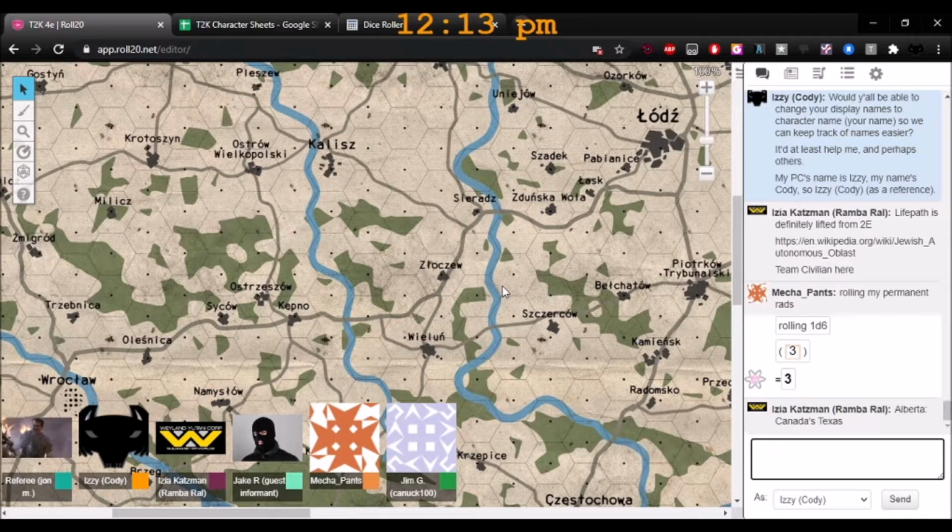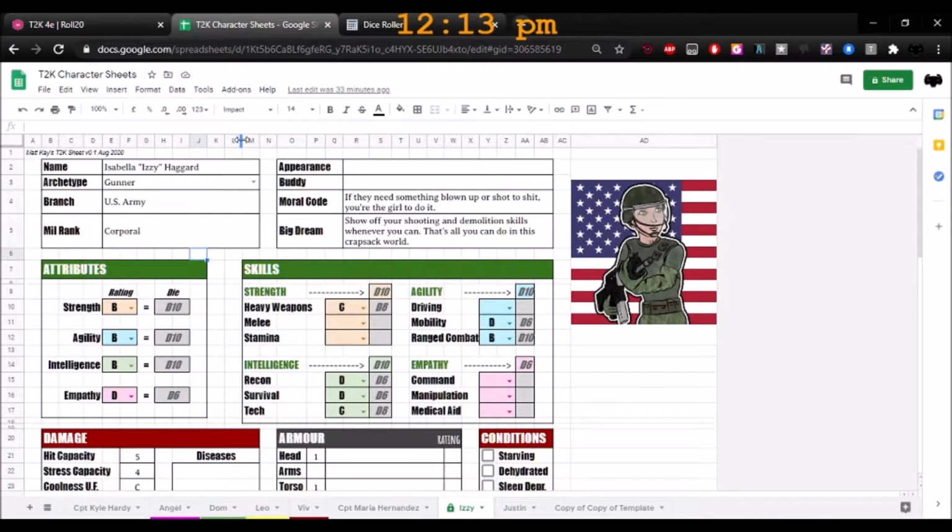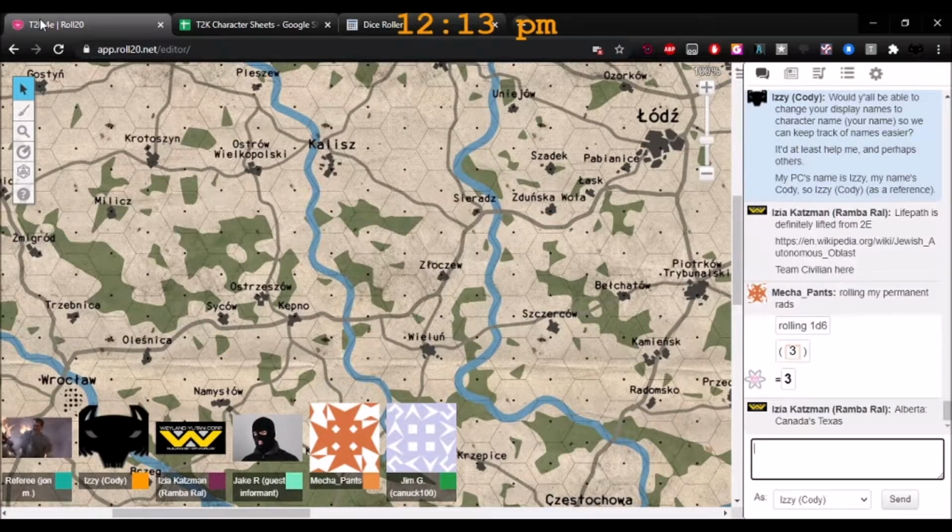I'm guessing he's going to be the group leader because he's the only one with command, isn't he? Yep. I think we might have another one. Isabella. Is that right, Cody? Izzy does not have command. Okay, cool. So yeah, Izzy is the group leader as far as rank goes, right? Izzy? Yeah, basically that's just Joseph.